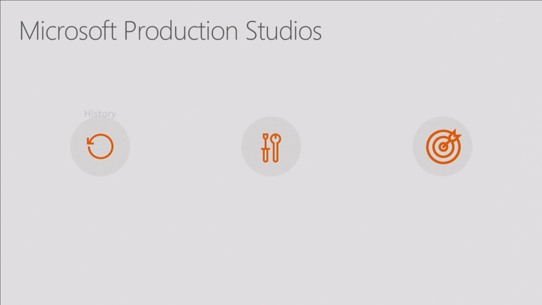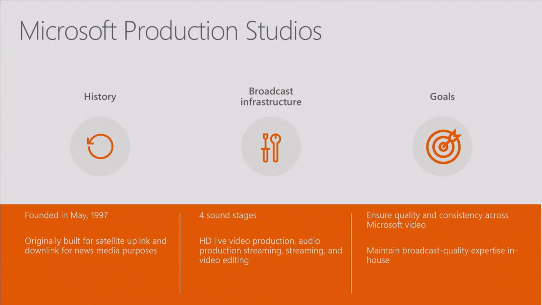So that's really where this came about. Going back, 1997 is when we first became a facility, and it used to be that Steve Ballmer and Bill Gates would have to do satellite media tours, meaning they'd be on CNN or wherever they needed to be, on the air, and they used to have to drive all the way to Seattle just to get on the air. I wasn't there at the time, but somebody said, hey, you know what, you can actually build a satellite uplink, downlink facility right here on your campus and take it from there.